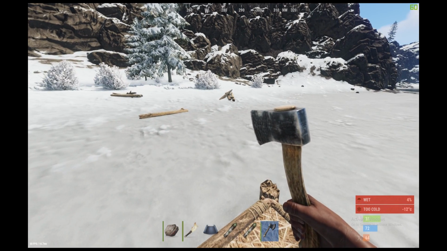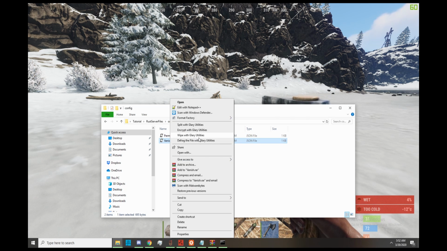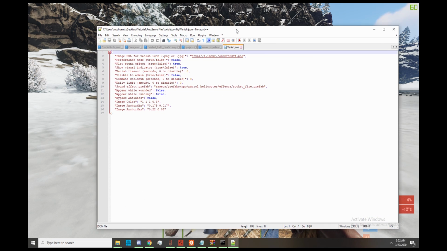So we are going to go out of our plugins folder, to our config folder and into our vanish. You can just right click and open it up with Notepad if that's all you have. I have Notepad++, which I would recommend downloading, which is a free program. So either one, open it up in that, and this should give you some options, and one of them is play sound effect. So I'm going to set that to false,